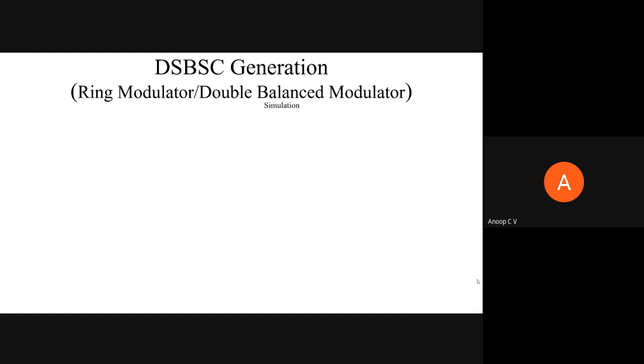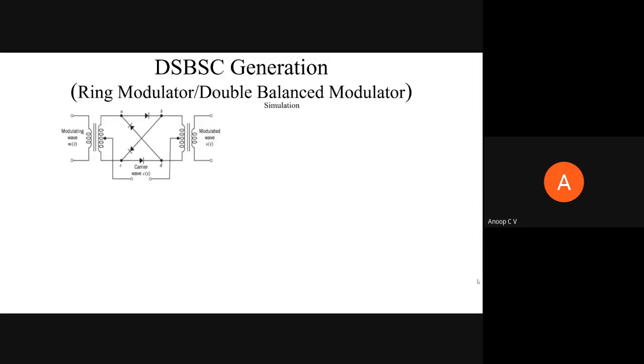Now we have already seen in the last class a simulation of a ring modulator in Multisim Live, right. So today what we'll do is we'll try and list down the working of a ring modulator. We have seen this is the ring modulator, and I have already told why it is called a ring modulator. If you see this, you may be getting confused. Why? Because while simulating, we used a circuit like this, wherein the diodes were forming a ring, all facing in the same direction, right. But these two are the same.